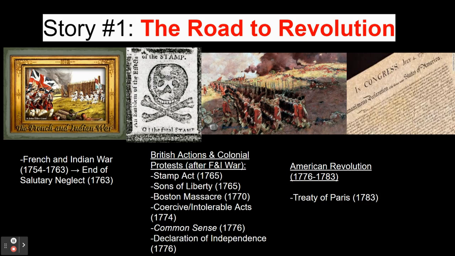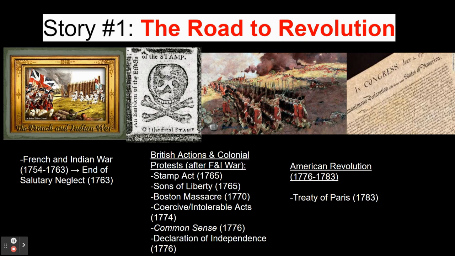They were especially concerned over things like the Coercive Acts, which sought to punish Massachusetts following the Boston Tea Party. The suspension of the Massachusetts legislature threatened colonial self-government. And so there's this shift away, like I said, from reconciliation towards more independence. And we see this becoming solidified by the publication of Common Sense by Thomas Paine in 1776. Now, in his pamphlet, Paine uses Enlightenment principles to argue that America was better off as an independent country. And we see by that summer, the Second Continental Congress officially commissioning the writing of the Declaration of Independence.